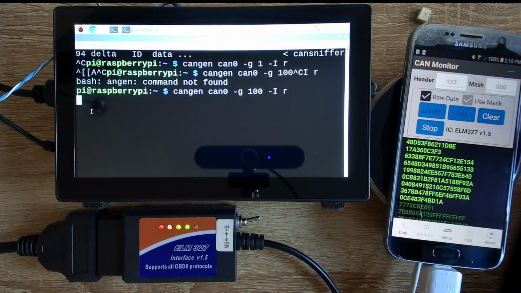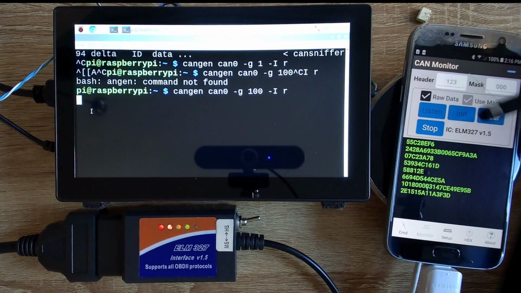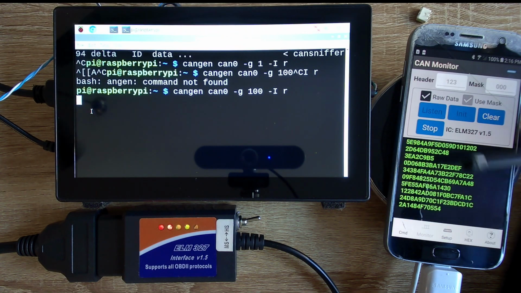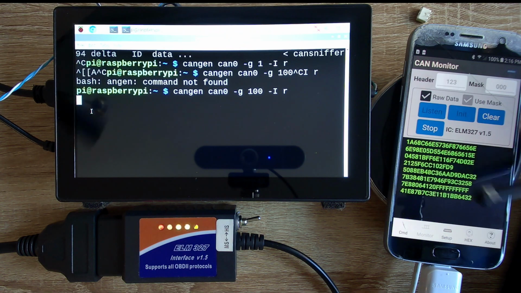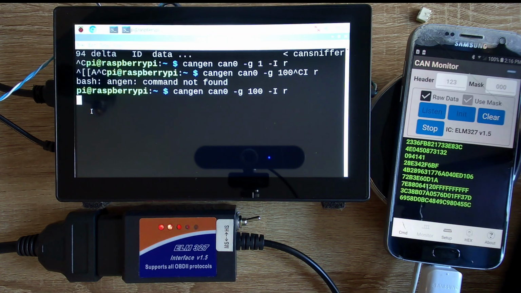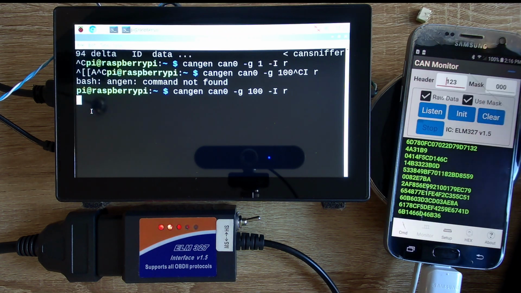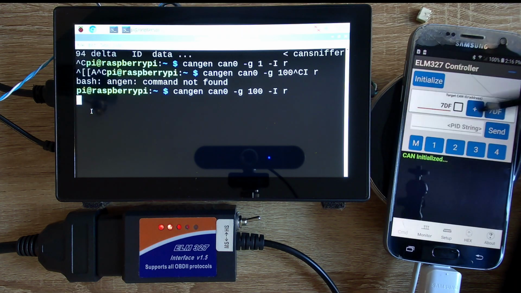What was my point? Oh, okay. You see it's coming out properly. We're not getting any errors or weird stuff in this particular case, and I believe we're running at 500 here. Okay, let me stop. And now I'm going to go over here and say a command. I'm going to, let me see, 70F,